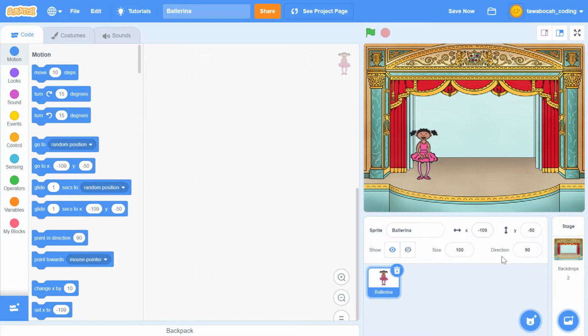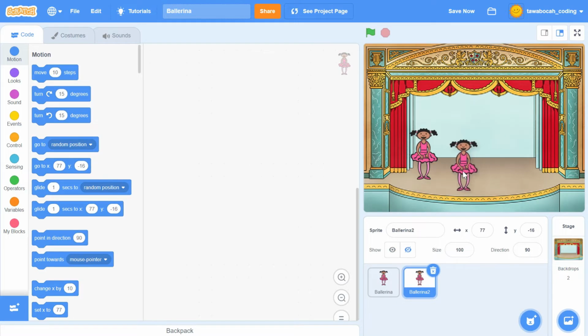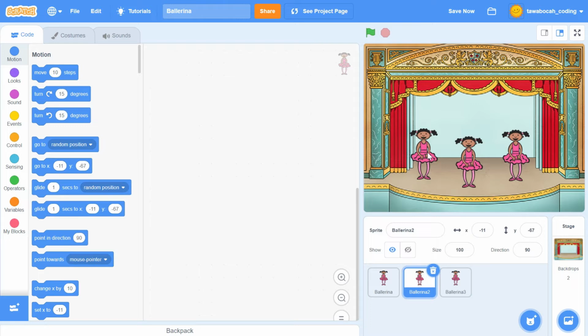Arrange them like this. Name them Ballerina Left, Ballerina Center, and Ballerina Right.